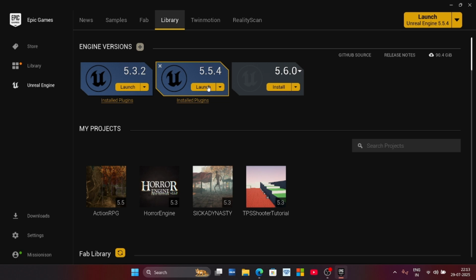There are various ways, lots of ways. I basically prefer to launch the project from here. Press launch. It will take some time. It's showing that it's launching the project. It will take some time, and